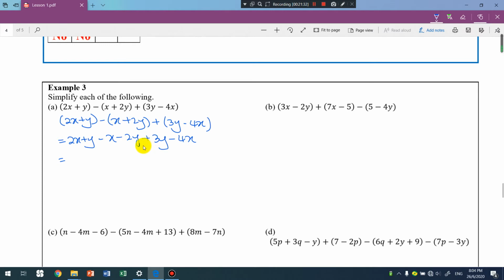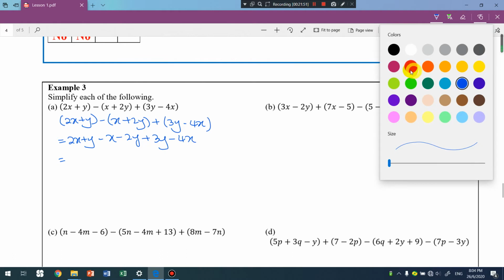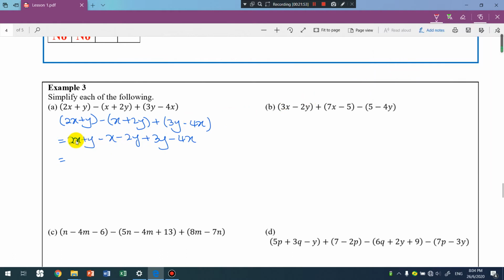So if you already can handle these sub-questions very well, you actually don't have to group them. Just by looking like this, you can get the answer, right? Because 2 minus 1 minus 4. So you get the answer. So if you still not really clear about this, it's better we do one more step so that you won't make mistake. So when we want to arrange this,